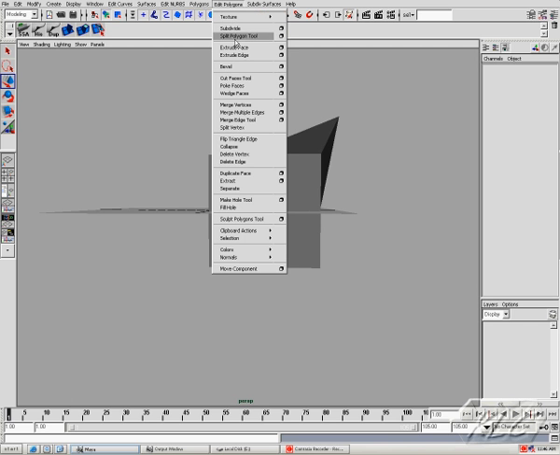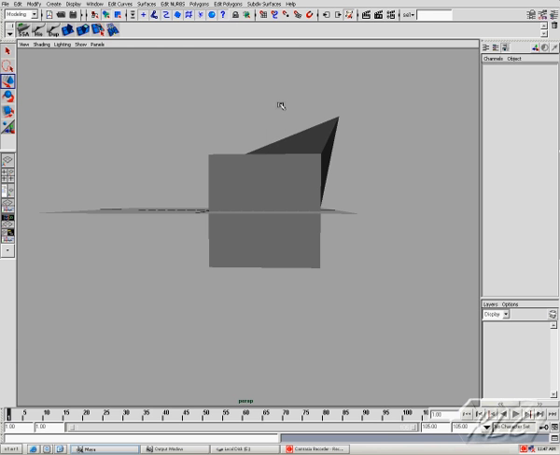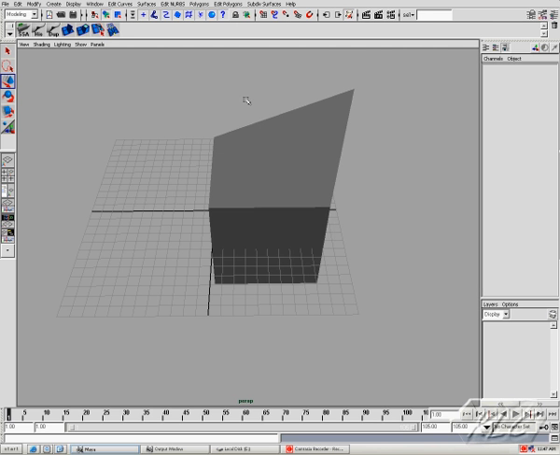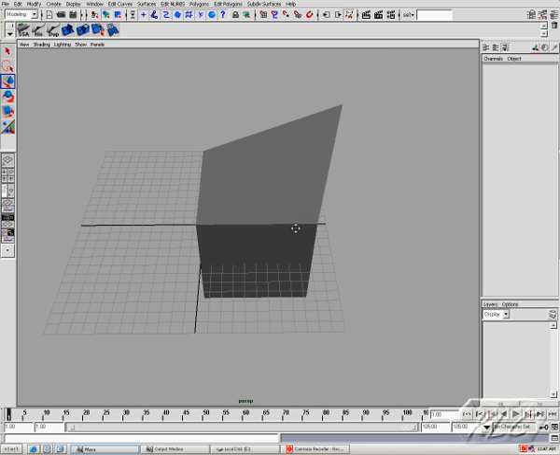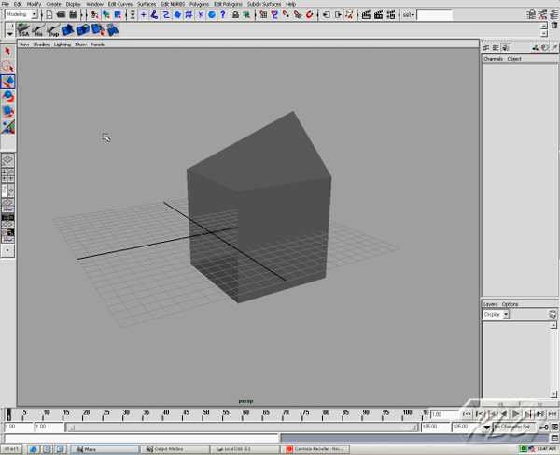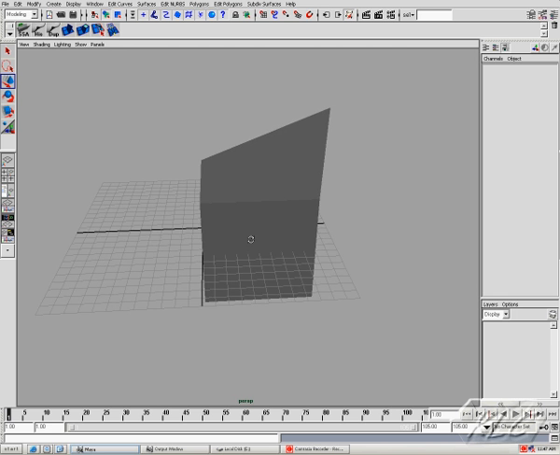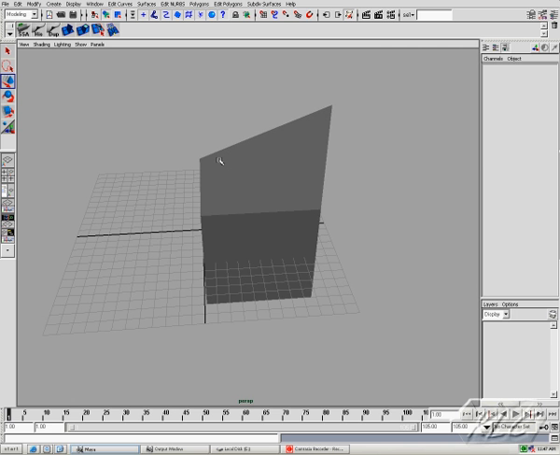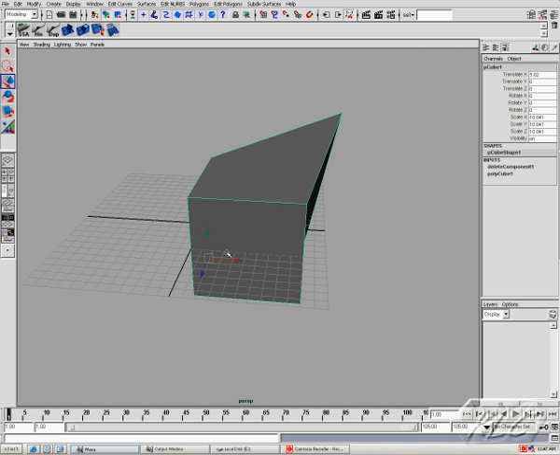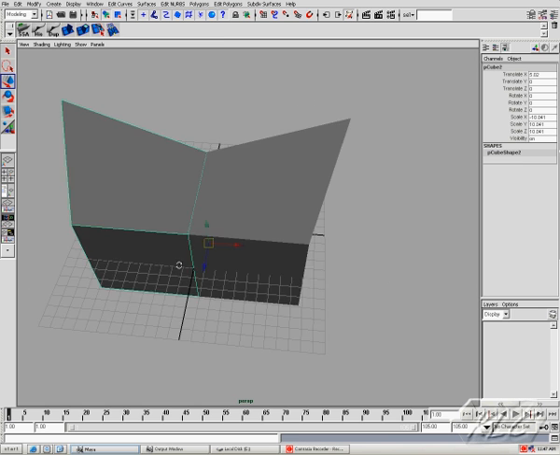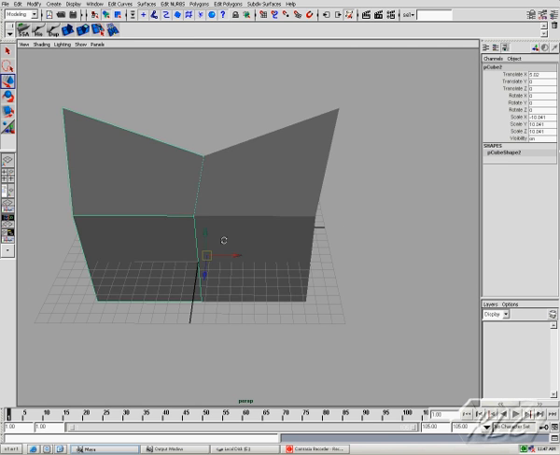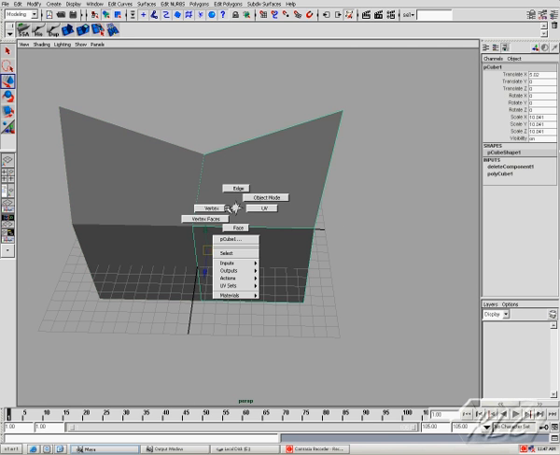And for merge vertices, which is this edit polygons, merge vertices, I'm actually going to do the option box on that, because sometimes I like to select a whole bunch of, like, just select all the vertices, and the only ones I want welded or merged are the ones down the center. So like when I duplicate this and I want to attach these two together,